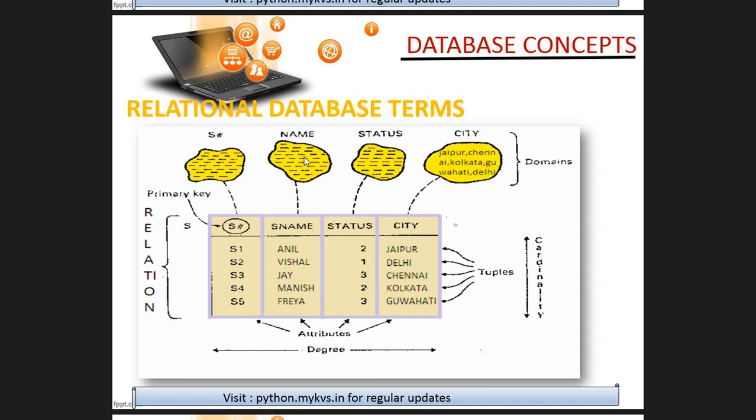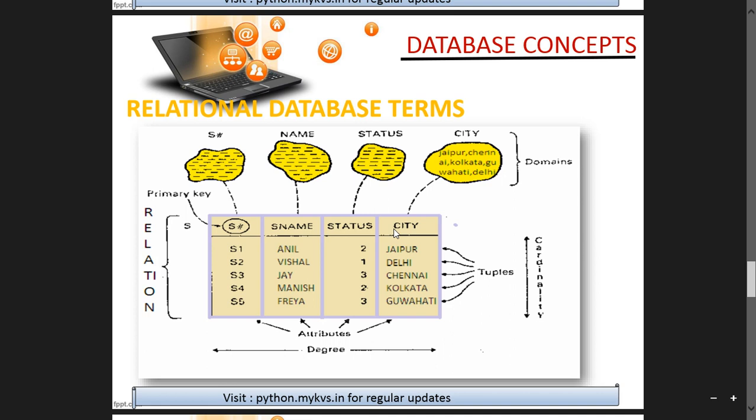Now you can see on the side tuples. I don't know whether you're watching it properly. This is the tuples. This is relation. This is domains. Tuples are nothing but your records, one by one records. S number, S name, S status, city are called attributes. So the number of columns you have here, see, 1, 2, 3, 4. 4 columns are there.